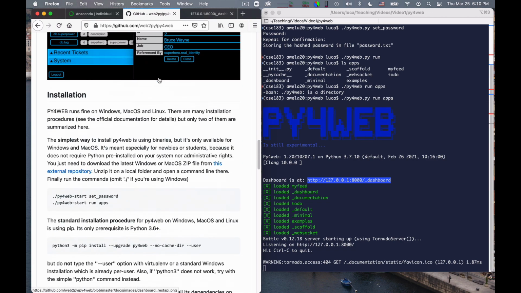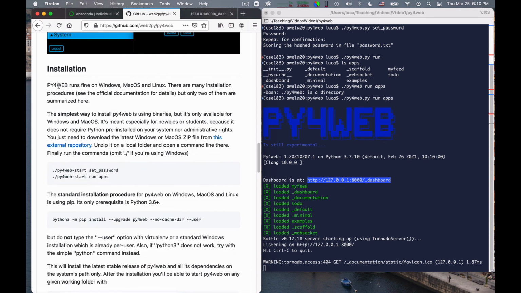And the truth is that you can also follow these instructions. But the way I advised you enables us to easily benefit from updates to Py4Web, because since we have a Git repository locally cloned of Py4Web, if there will be a change to the Py4Web source code and we need to pull it, it will be very simple to do that using Git.